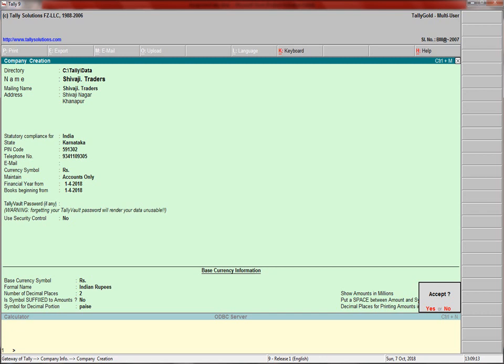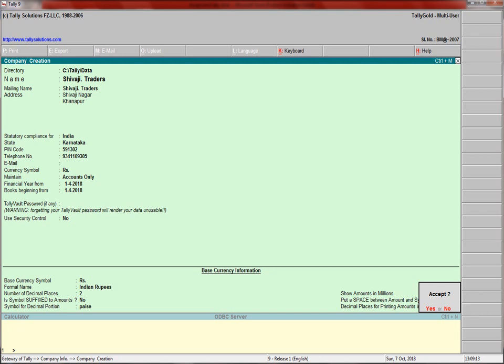Whatever fields are there, you have to fill in. The name, you fill Shivaji Traders, then the mailing address, the country, the state, PIN code, telephone number, email address, and currency symbol.